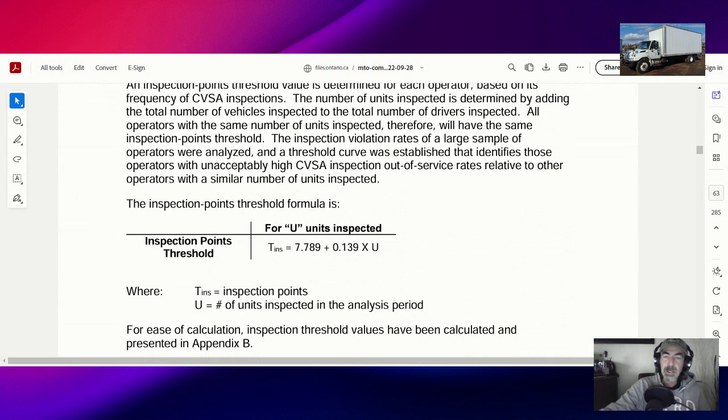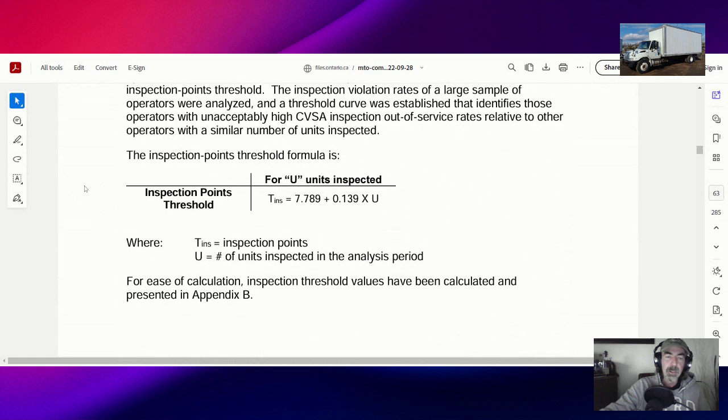The inspection violation rates of a large sample of operators were analyzed, and a threshold curve was established that identifies those operators with unacceptably high CVSA inspection out of service rates relative to other operators with a similar number of units inspected. The inspection points threshold is